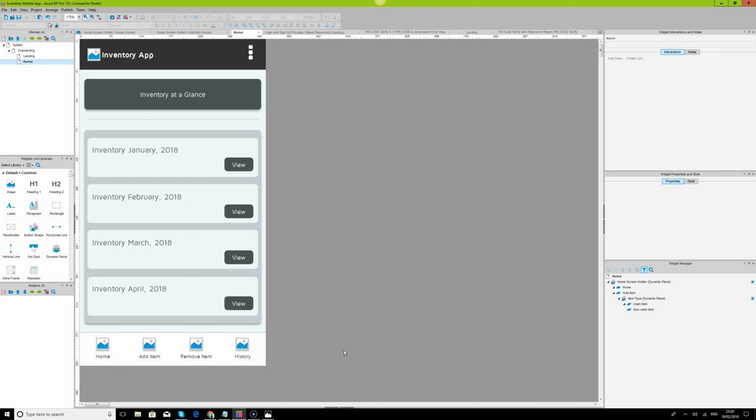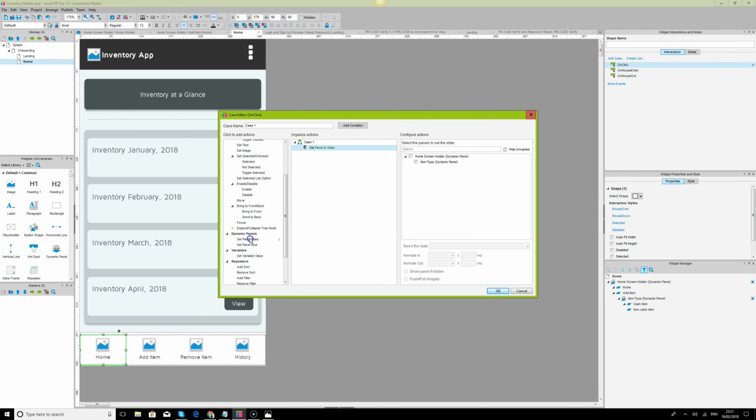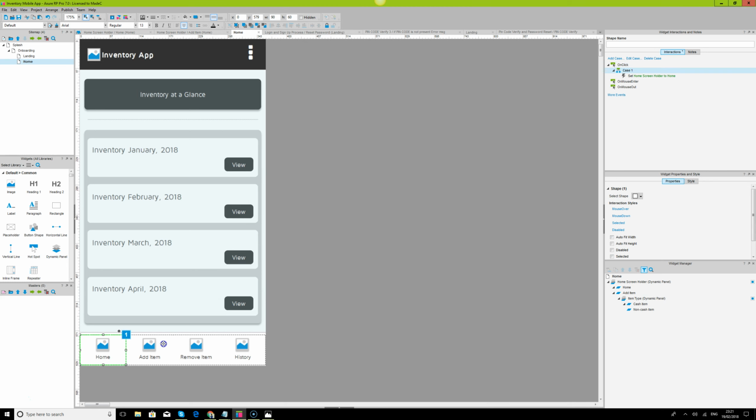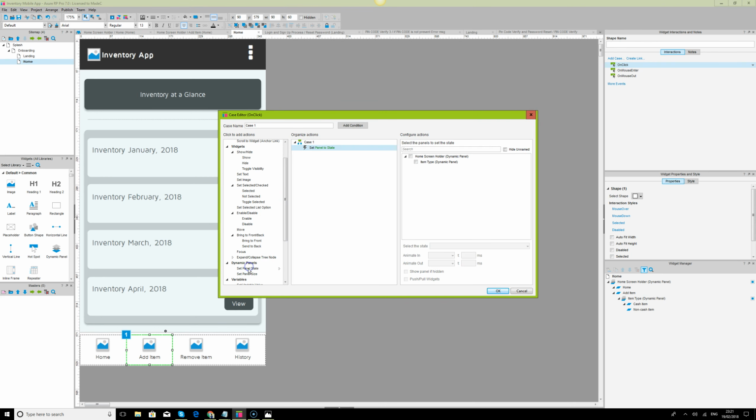Yep, so that is it. We just add our interaction here. Set dynamic panel state, home, we're selecting home. Here we're selecting add item, so set panel state, we'll select home, which is add item, and we're just gonna have